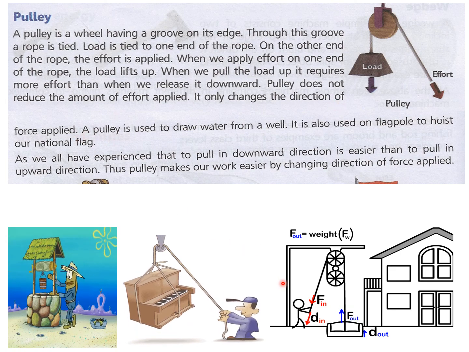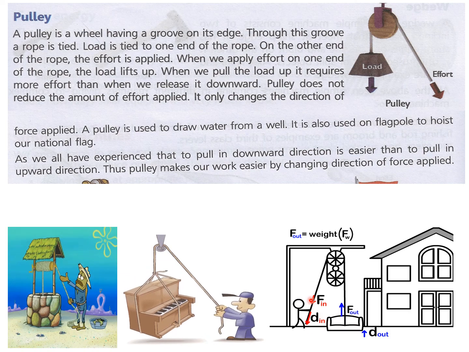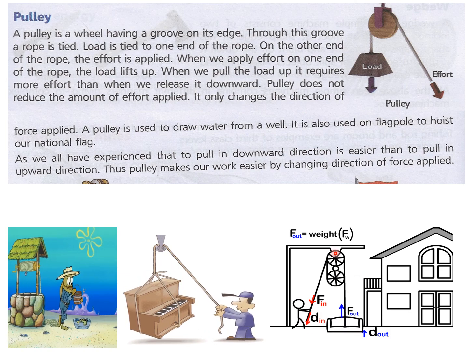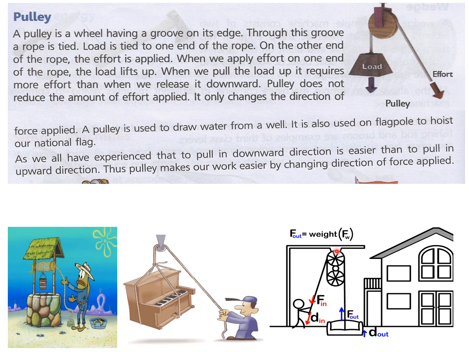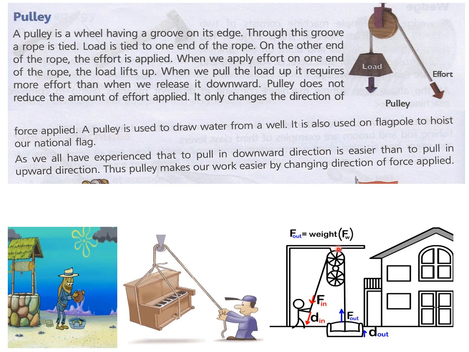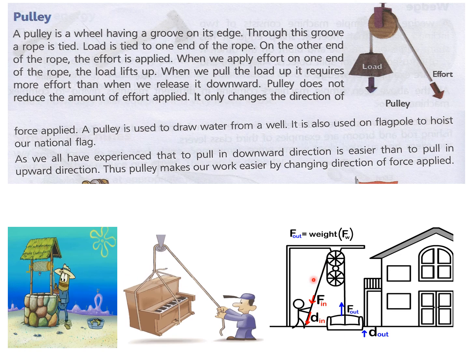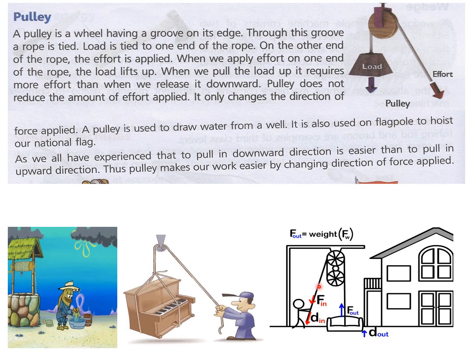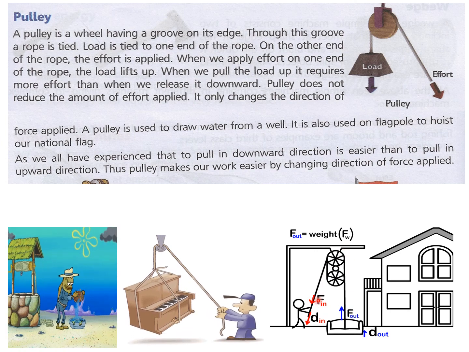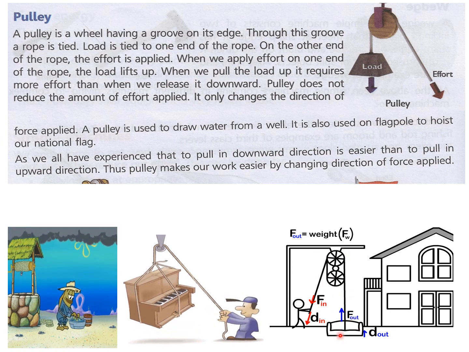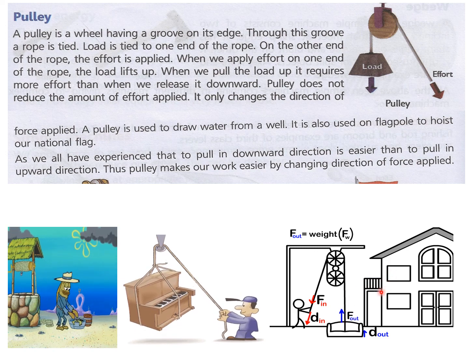Now you can see how it is making our effort easy by changing the direction of the force. You can see these are the pulleys. Now when you have to lift something, this rope comes over the pulley, this ridge, and then comes down. So when you are pulling it down, you are moving towards the gravitational force. So you have to make less effort, and it makes it easy for you to lift this sofa. You can see it, he is lifting the sofa to put it here inside the house.